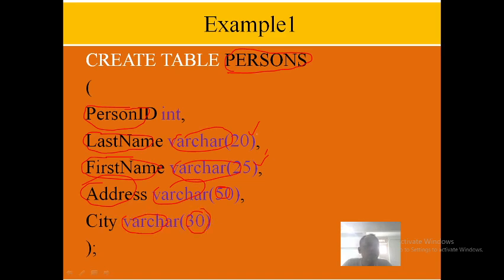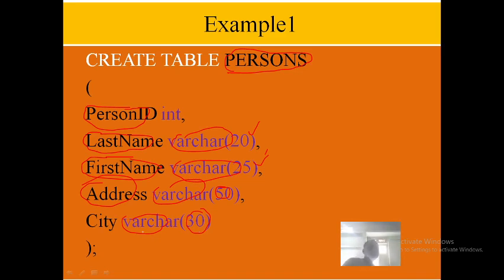See here, in all the things the size is differing. You can give the same size or less, based on the requirement. You have to specify the size of the string.